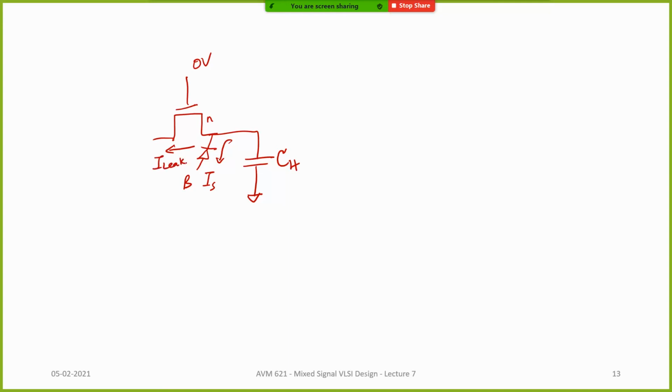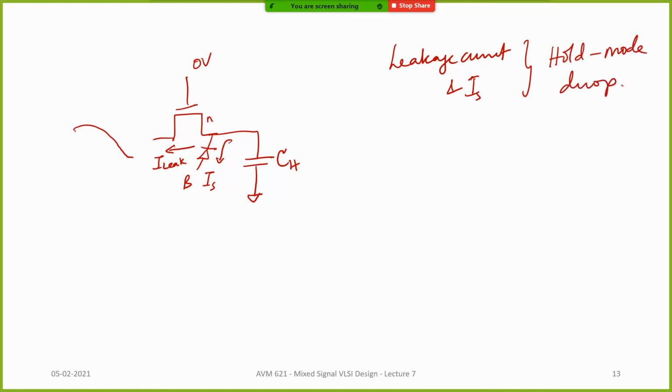between the drain to source current depending on the voltage here. Let's say on the other side the voltage is now going low, right? Now this will be the drain, that will be the source, right? Even though VGS is 0, you will have subthreshold conduction, you will have DIBL, GIDL and all those things, and there will be some amount of current which is getting conducted. So leakage current of the transistor and the reverse saturation current of these reverse bias diodes, they will cause hold mode droop.